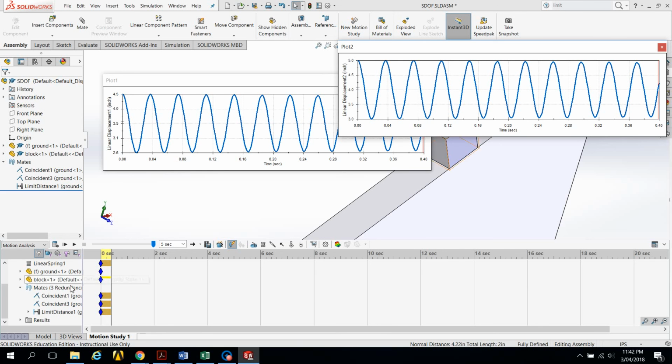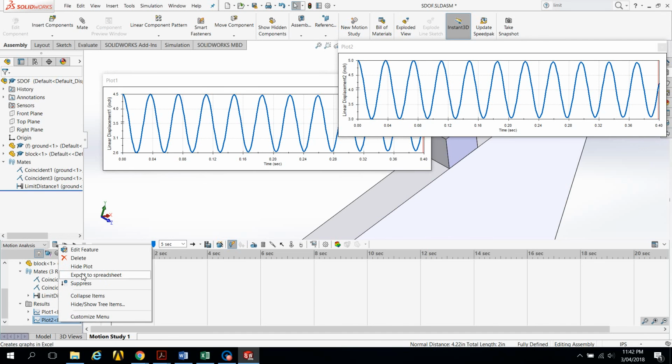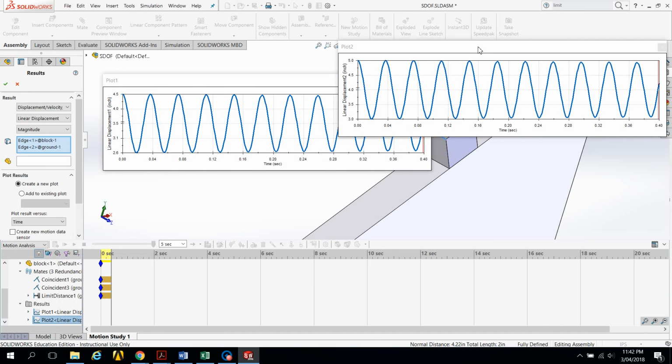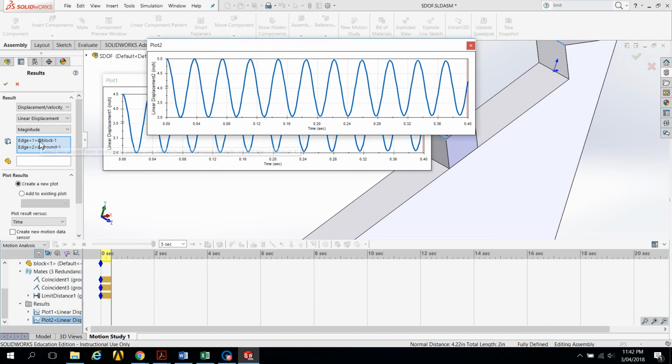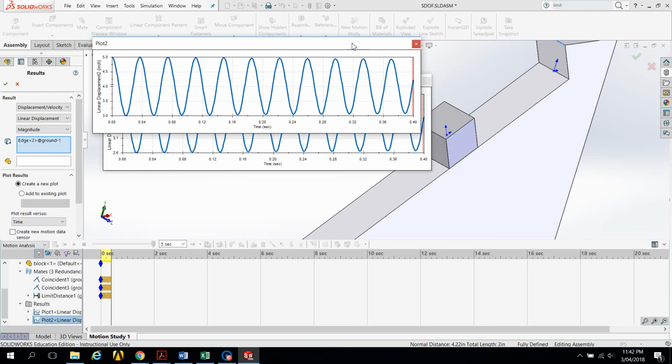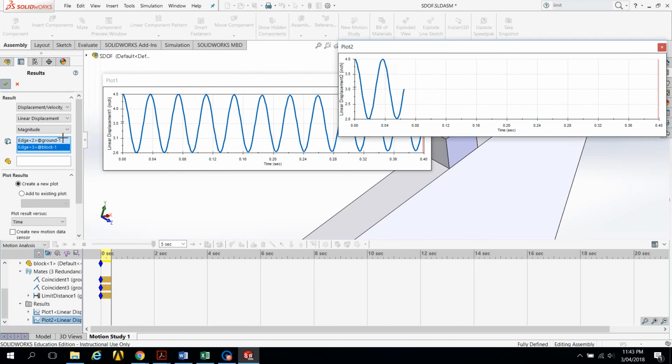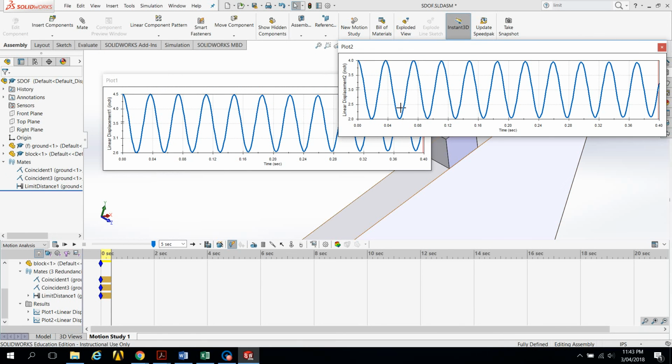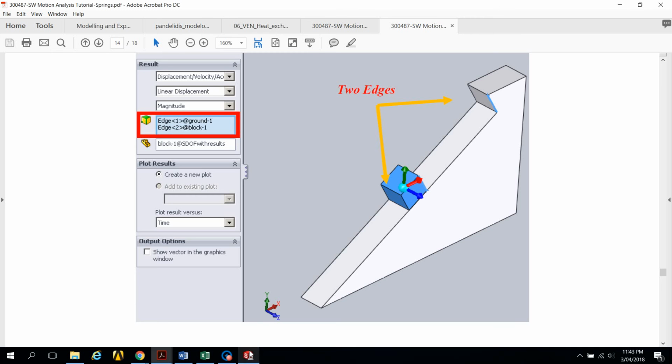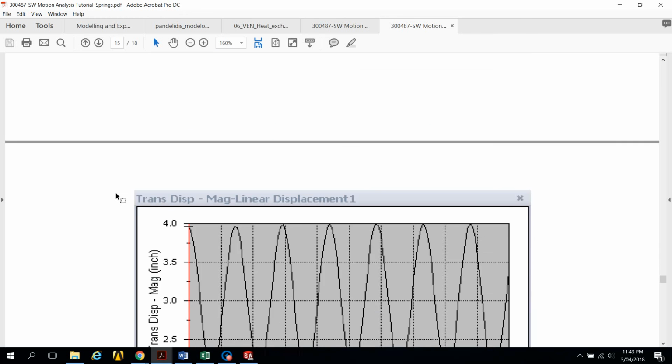I have to change these values. Result, plot, in features. Okay, now I got the results, the correct one. Okay, and